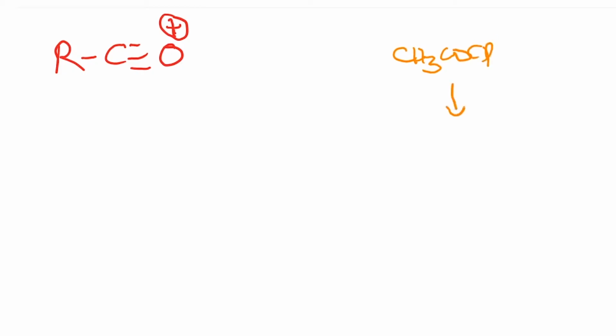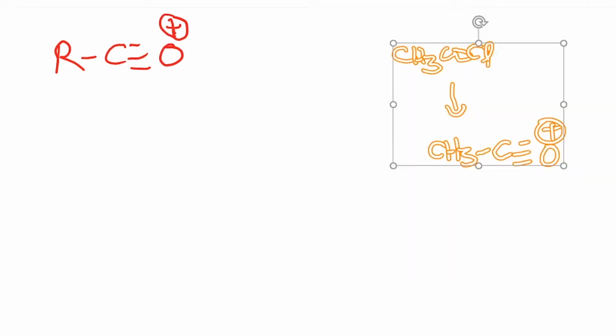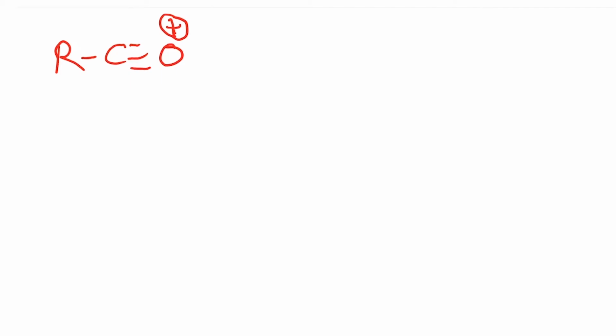Now let's move on. As we discussed, the electrophile that is generated during the reaction is RC triple bond O plus. This R can be any alkyl group. If you start from acetyl chloride, you end up with CH3C triple bond O plus. If you start with a longer carbon chain, you're going to end up with the corresponding oxocarbenium ion. Now if we start with R equals H,